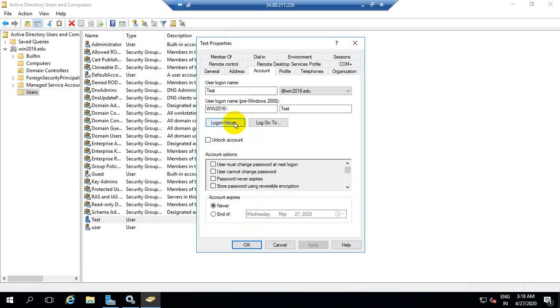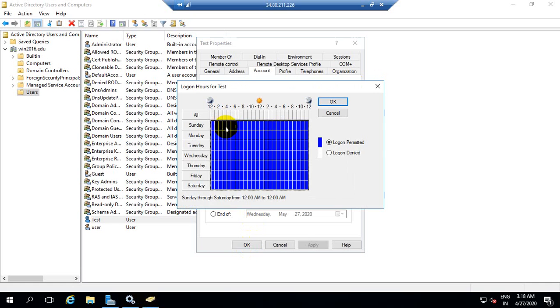Alright, if you select login hours, this is also a very important thing. Login hours, this is the timing table here. Login permitted means these are in green-blue color. If you want to give access only Monday to Friday, then select this, and login denied.